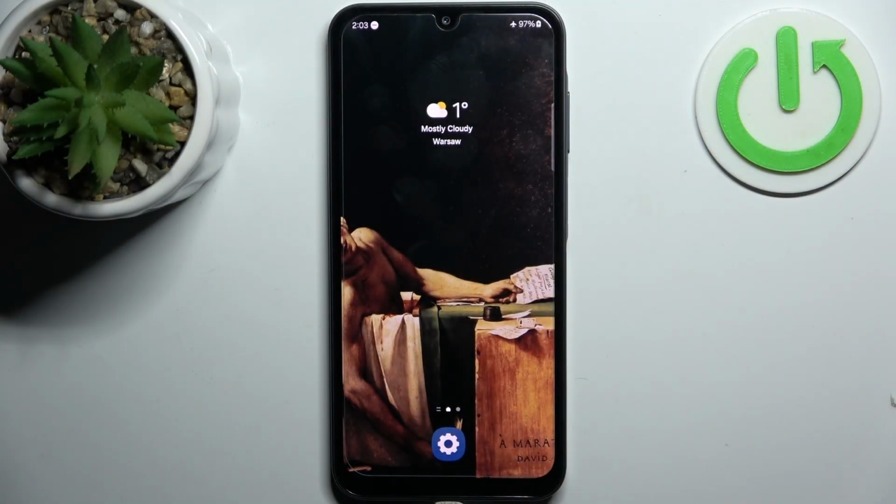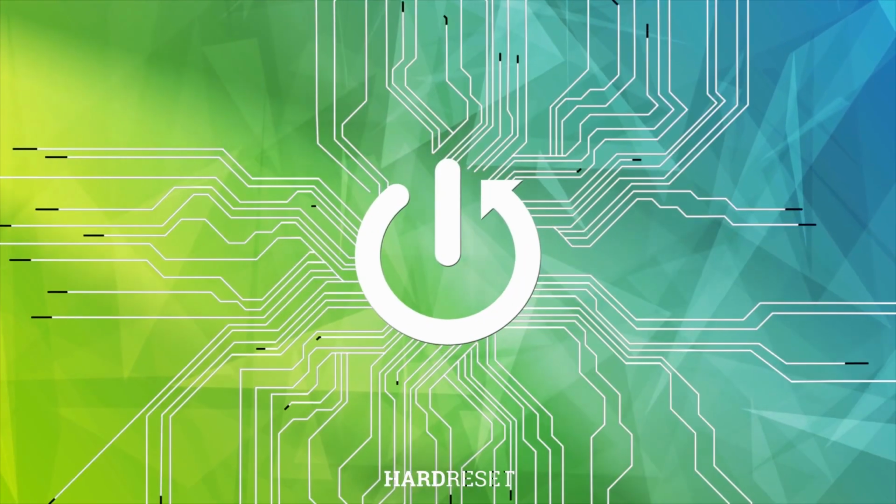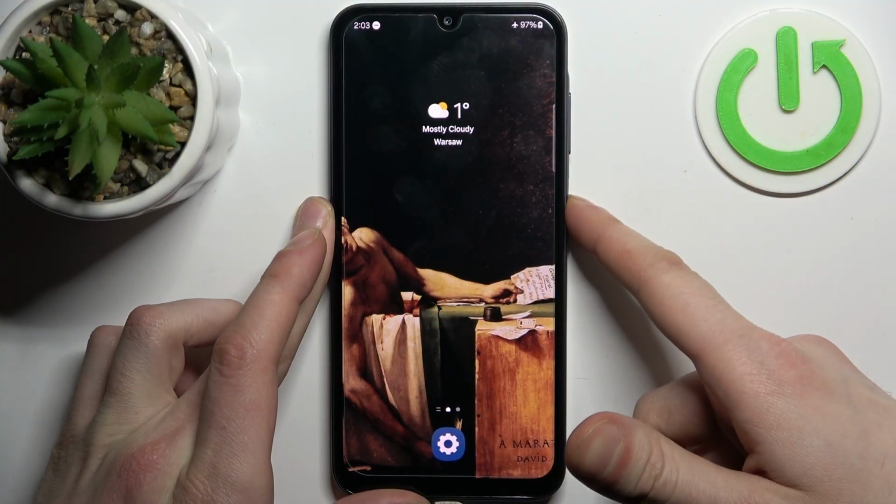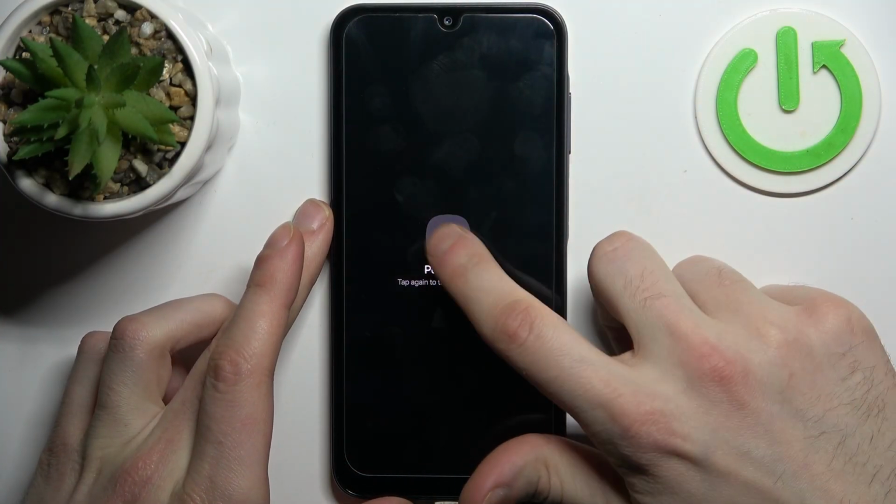Here I have Samsung Galaxy A05, and today I'm going to show you how to enter download mode on this device. So to do this, firstly you have to turn your device off by holding down the power key,